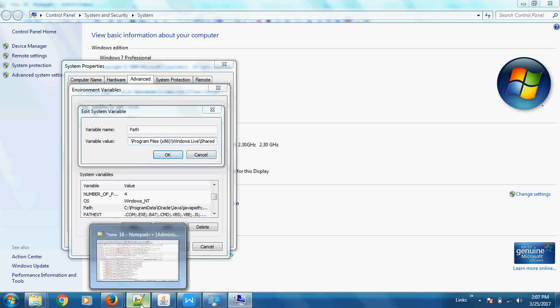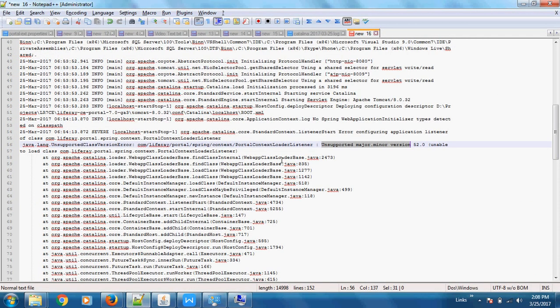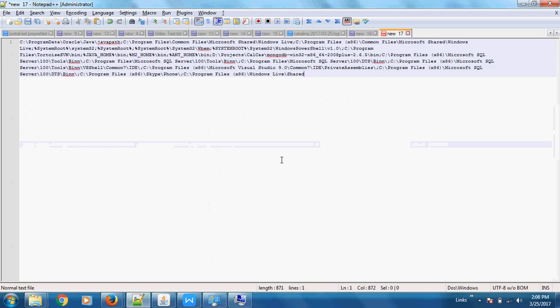So I only have to update my JAVA_HOME and then it will automatically update the path variable. Here you can see in path I have configured the Java bin directory using the JAVA_HOME environment variable. So whenever I change this Java, I don't have to update the path, I just have to update JAVA_HOME.